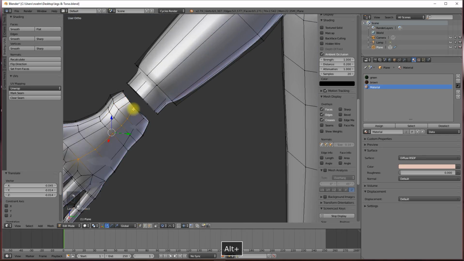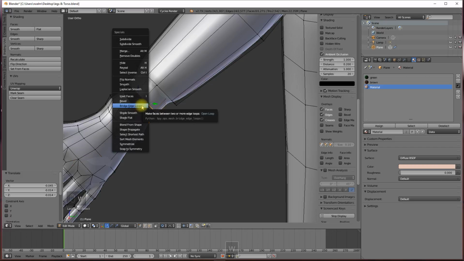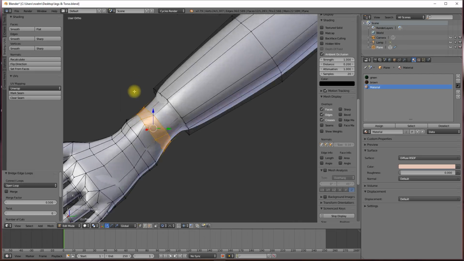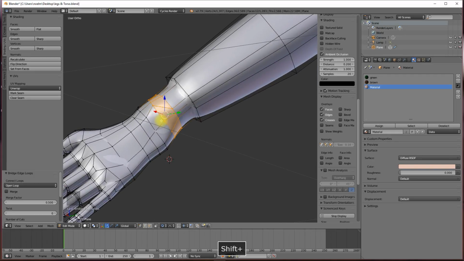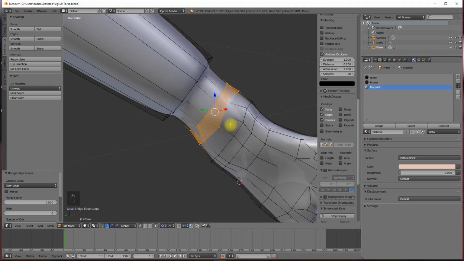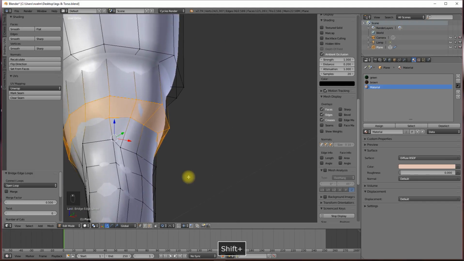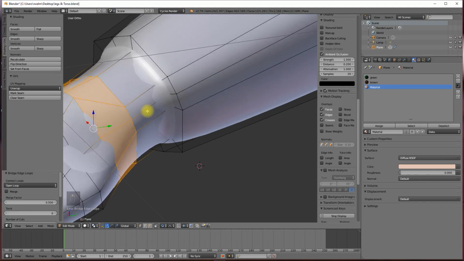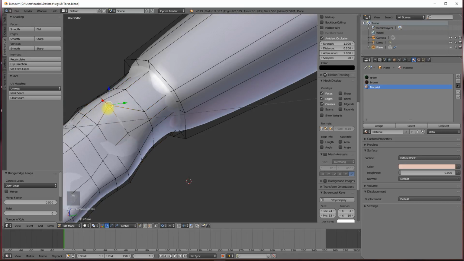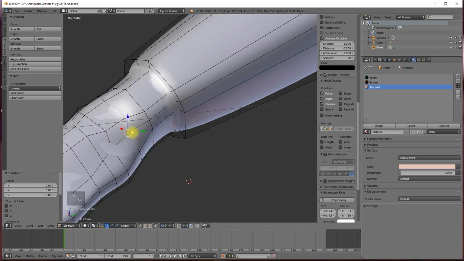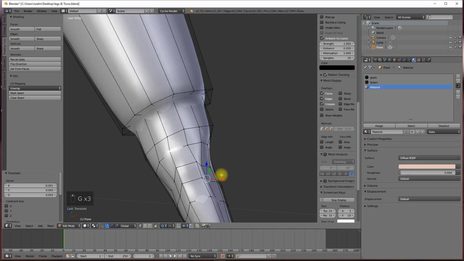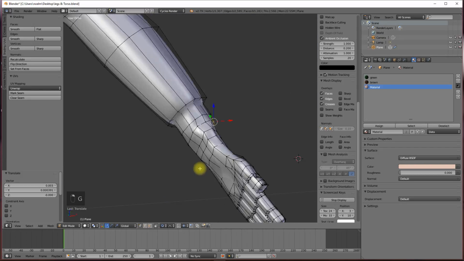And because we have matched the vert count, we can just select the two and go W, bridge edge loop, and it shouldn't do that. Oh no, it's okay. I thought it was giving me triangles. They're just not perfectly aligned, that's all. Okay, again, we're going to come back and fix all this up and make it less ugly, but